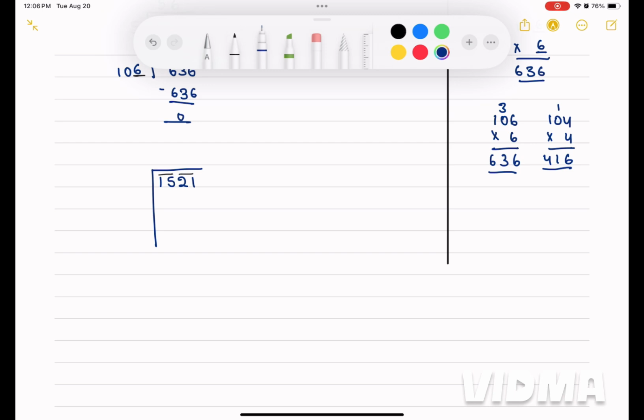Now 2 2s are 4. 3 3s are 9. 4 4s are 16. We've crossed 15. So 3 3s are 9. We're going to have to take 3 here. 3 3s are 9, minus 9. And that's going to give us